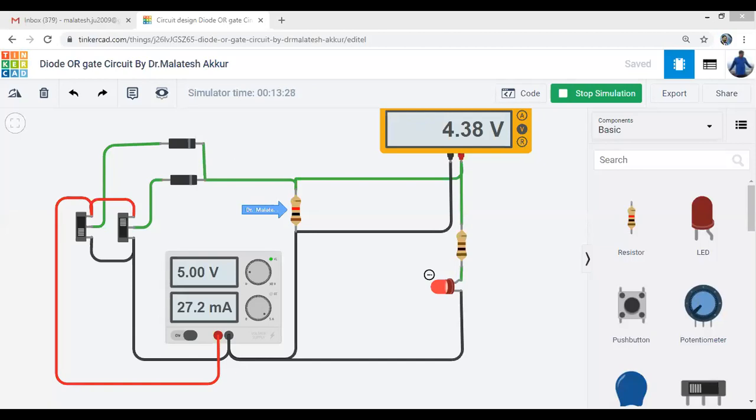We can also get the supply like a function generator. Yes, the function generator is available. I'm going to do one circuit in the next class, that is tomorrow: a CE amplifier. In that, the function generator is required, RPS is required, and the oscilloscope is also required. So I'll show the CE amplifier tomorrow. How much size of resistor are you using in the circuit? Just now I said 100 ohm, 1 kilo ohm, and 2 kilo ohm have been used.